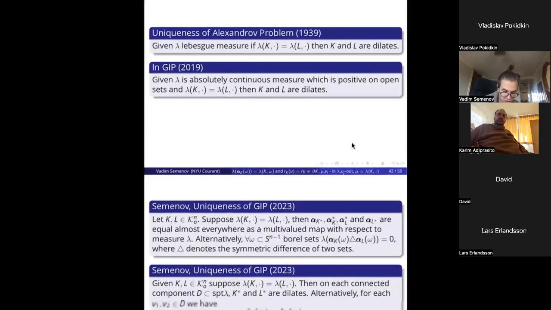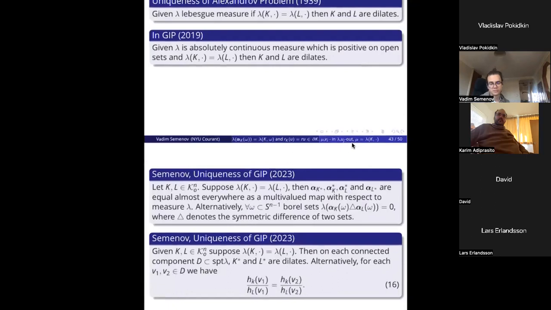And so I also thought about this problem, and I came up with two different statements. First of all, the first statement is that I show that alpha K star, alpha L star, alpha K, all maps of this sort, where K star is the dual body to L, are all equal almost everywhere as